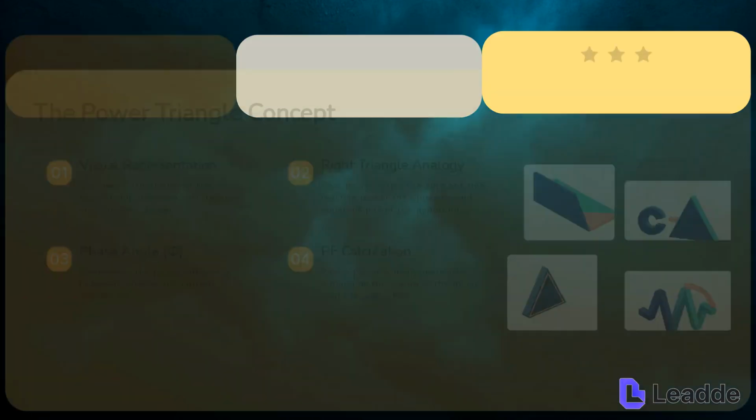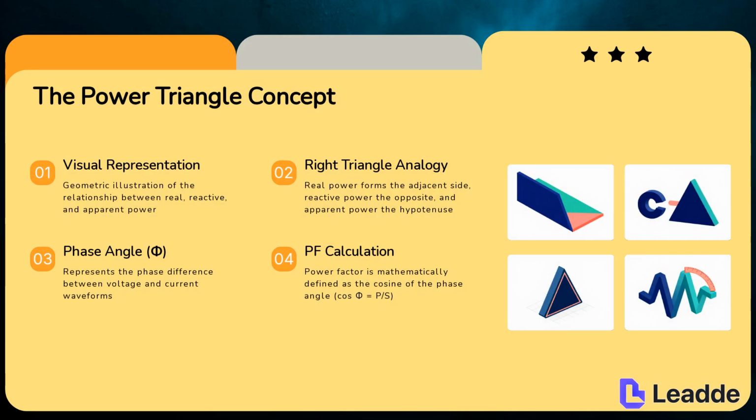To better understand these components, we use the power triangle concept. This provides a visual representation, geometrically illustrating the relationship between real, reactive, and apparent power. Using a right triangle analogy, real power forms the adjacent side, reactive power the opposite side, and apparent power